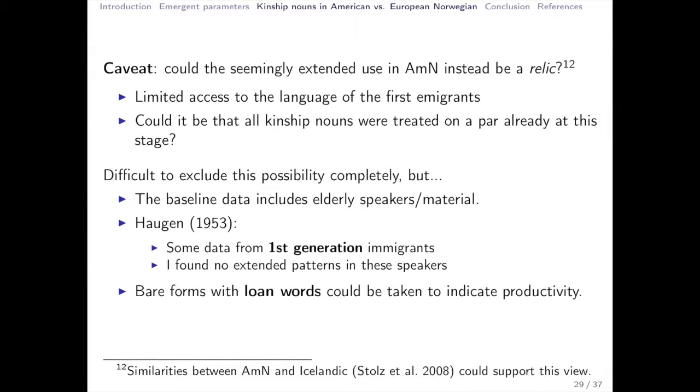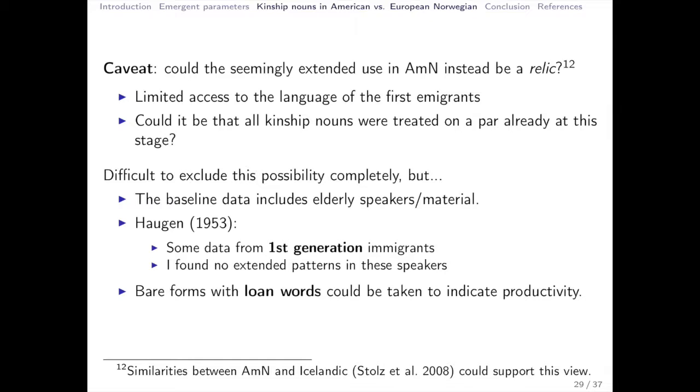There's one caveat here that I should mention, and this is brought about by this baseline problem that I mentioned in the introduction. We have very limited access to the language of the first emigrants that left. Could it be that what we see is not really an extension but a relic? So could it be that all kinship nouns were treated on a par already at this stage? I have to admit it's very difficult to exclude that possibility completely. On the other hand, at least currently I'm inclined to go with an extension account for this